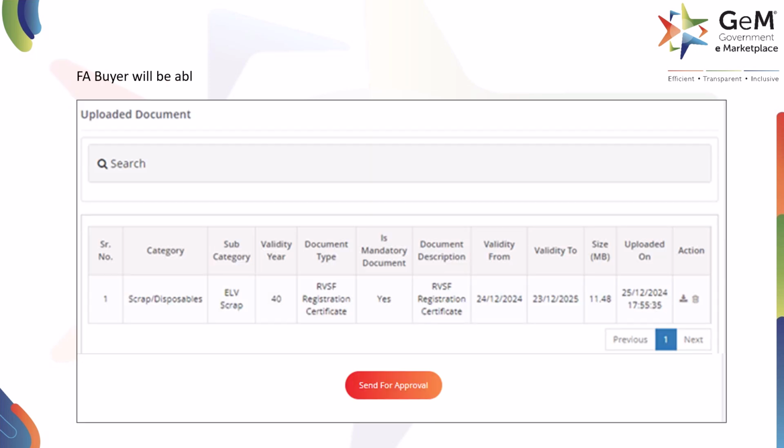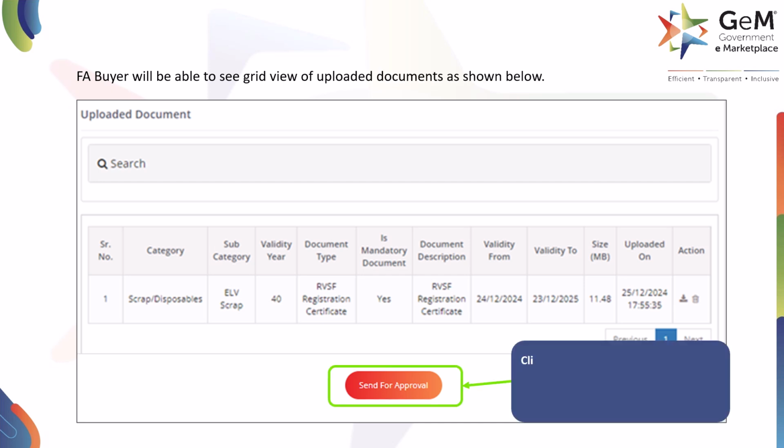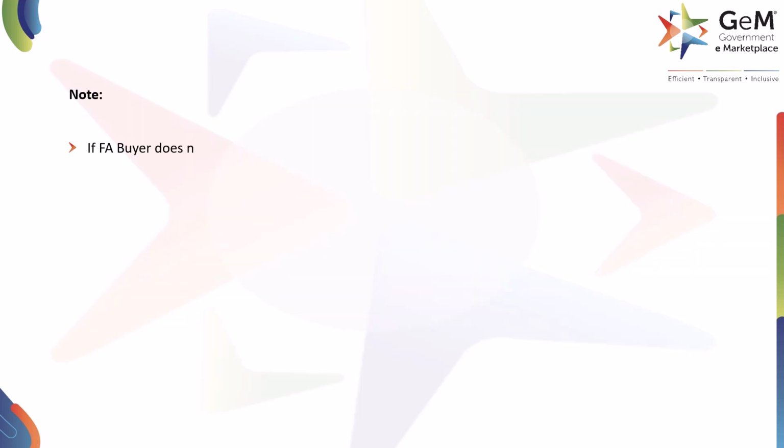The FA buyer will be able to see a grid view of the uploaded documents as shown below. Click here to send the uploaded documents to CVA, Certificate Verification Authority, for verification purposes. Note: If the FA buyer does not click on the Send for Approval tab, the uploaded documents will not be sent to CVA